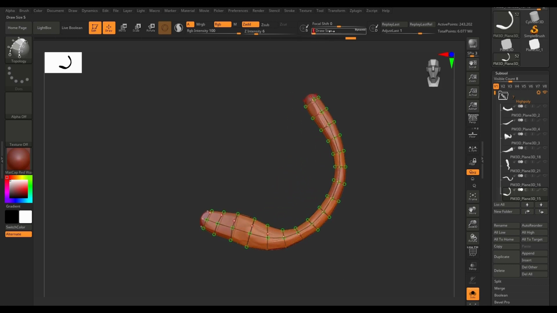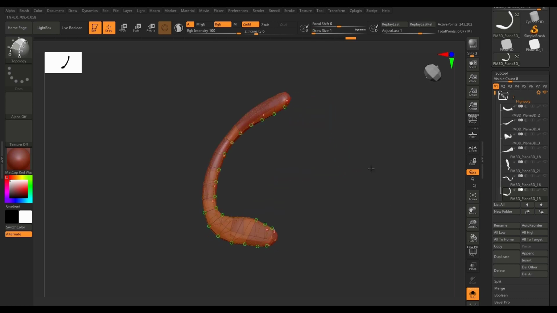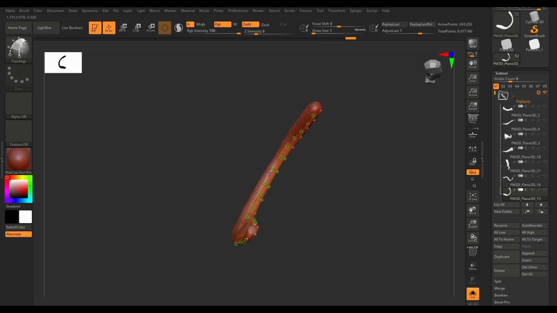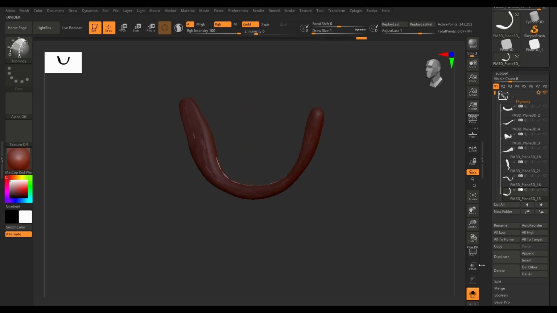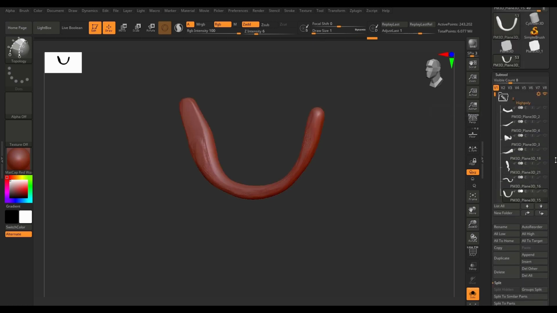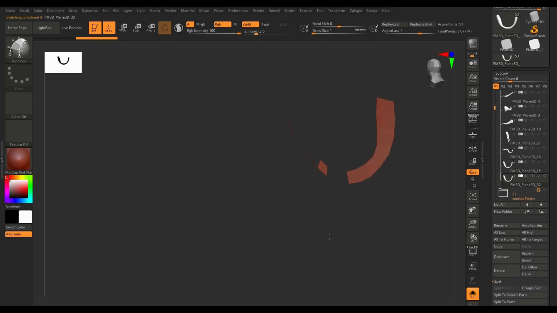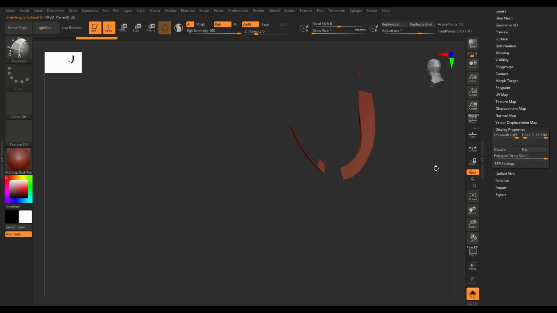Drop the opacity, draw size to 1, click on the empty place. Let me find here. All right, now split, unmask, and points. This is our low poly, and as always, making some extra faces, double display property,